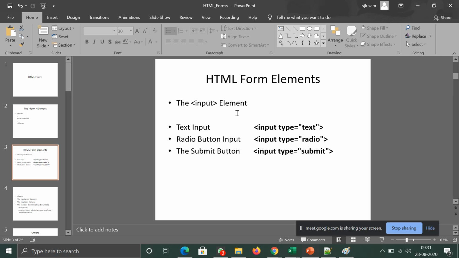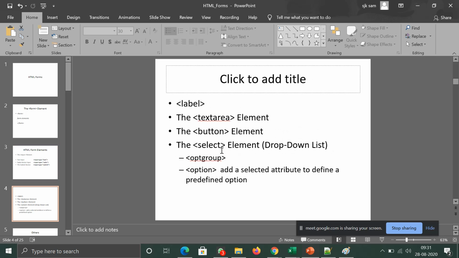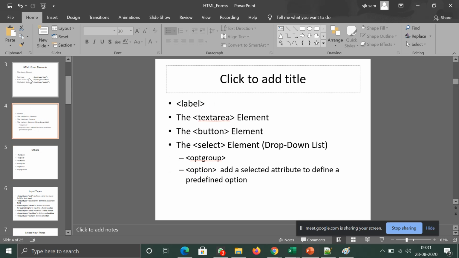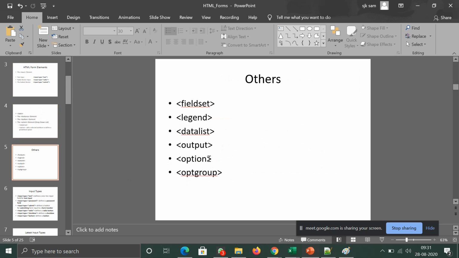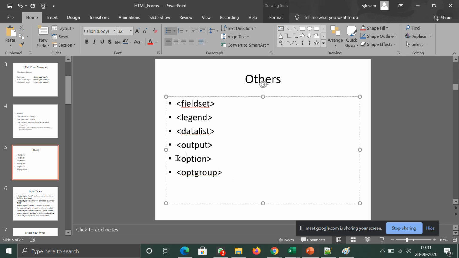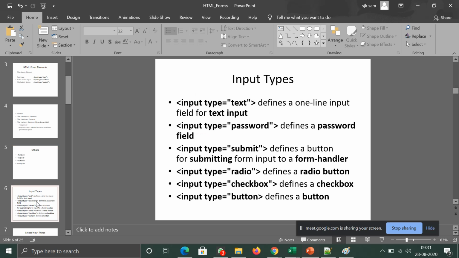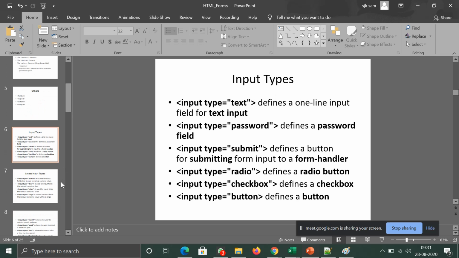The important ones are input elements and the subsequent other elements that are used. These two are predominantly used. Forget these two because I have written them previously. These are actually used with the canvas command, if you want to group commands. The important thing is input types.